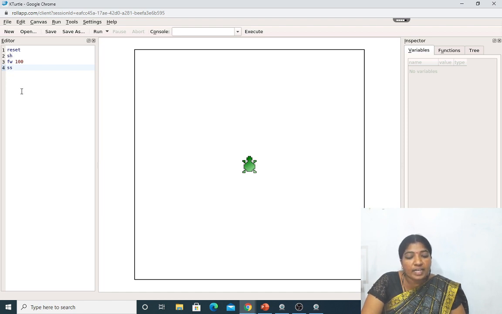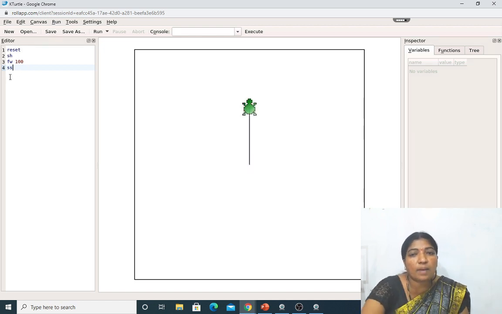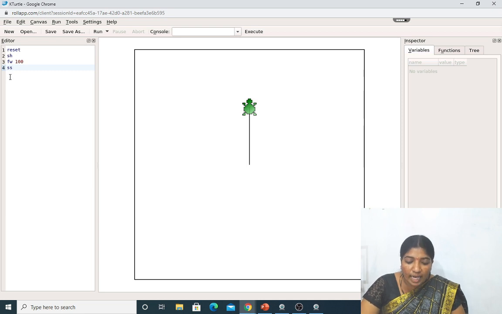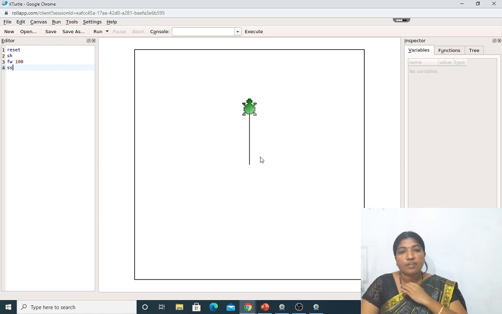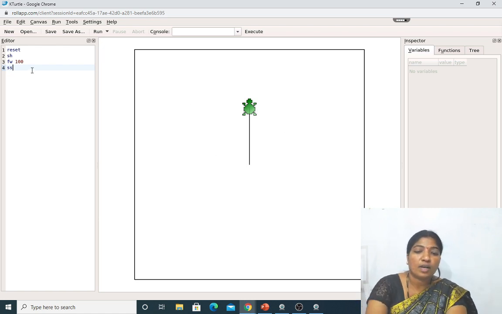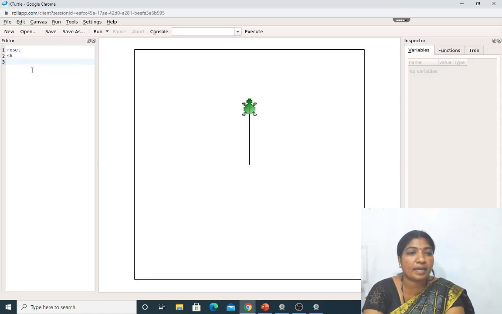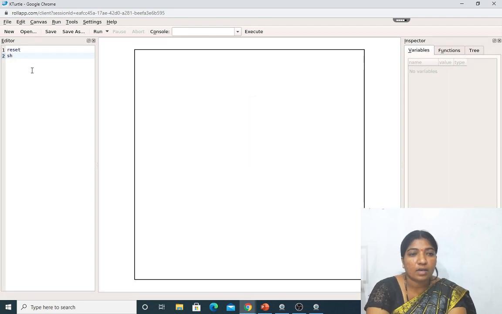After that it moves 100 and then sprite show. I have written this command, now I will press the F5 button. What actually happens there? It has gone from the center position to a front position.